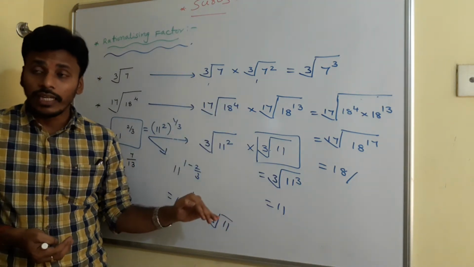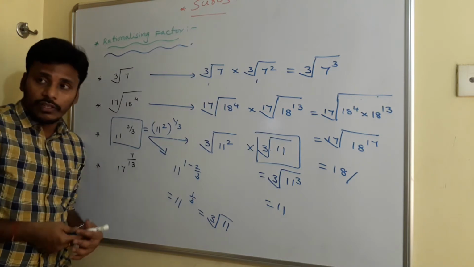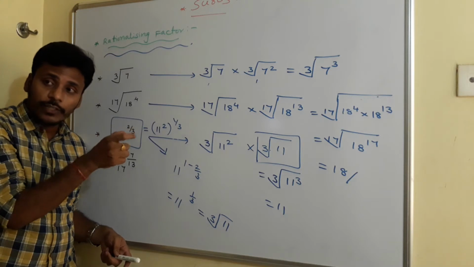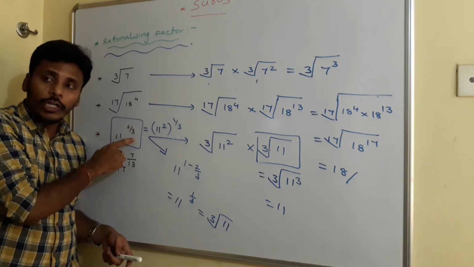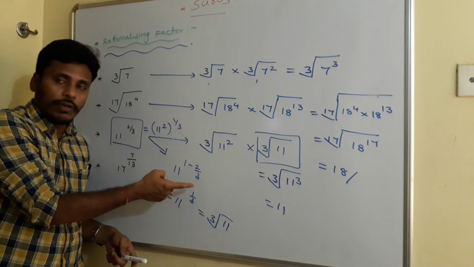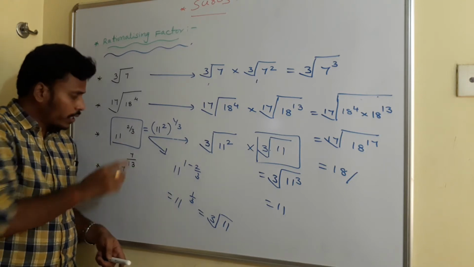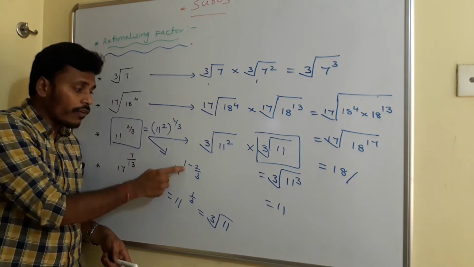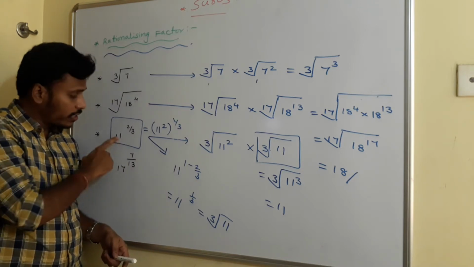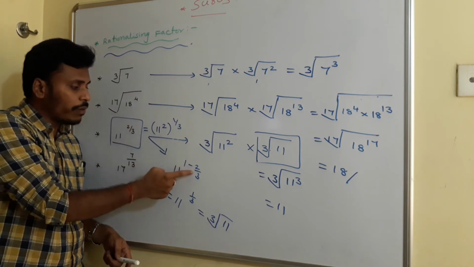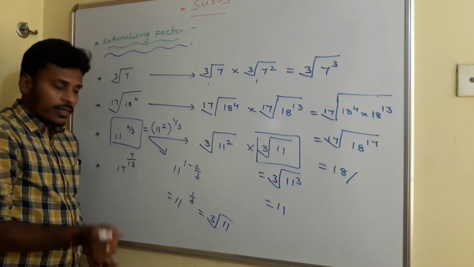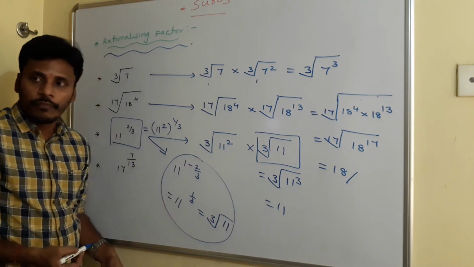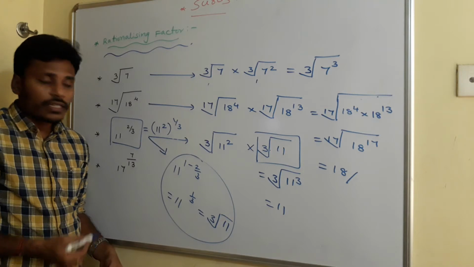And the other way to think is, since it is 11 power 2 by 3, you need 11 power 1. To make the power as 1, you need to add this 2 by 3 with 1 minus 2 by 3. See, think carefully. Given number is 11 power 2 by 3. If you multiply this with 11 power 1 minus 2 by 3, what will happen? Since the bases are same, you just add the powers, it is 11 power 1 itself, right? So this is the rationalizing factor and the product is again 11 itself. Right? See, look once again.